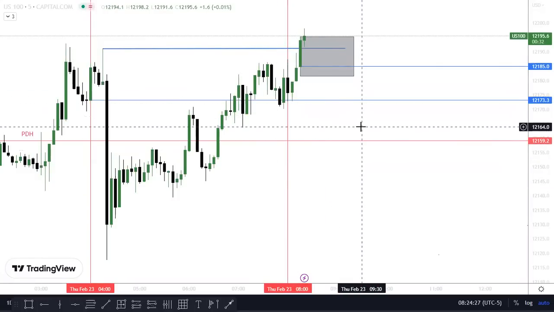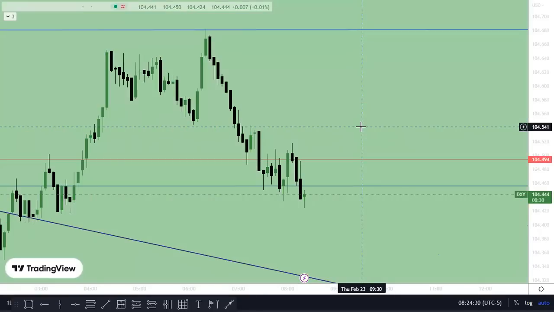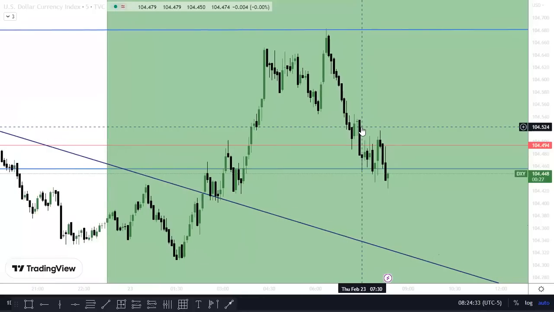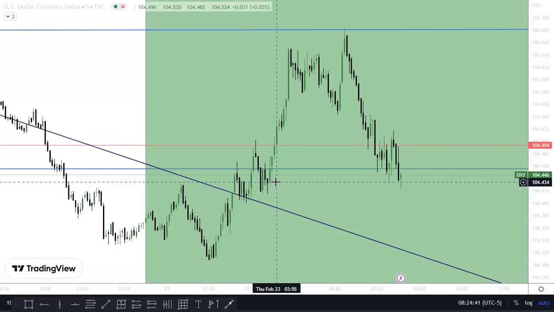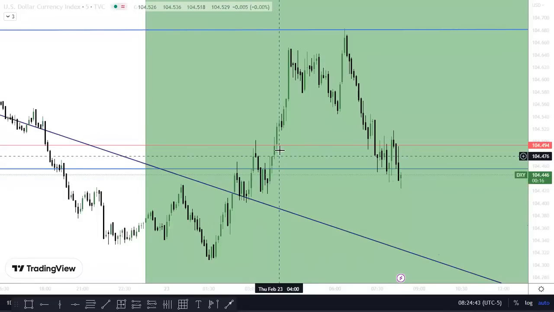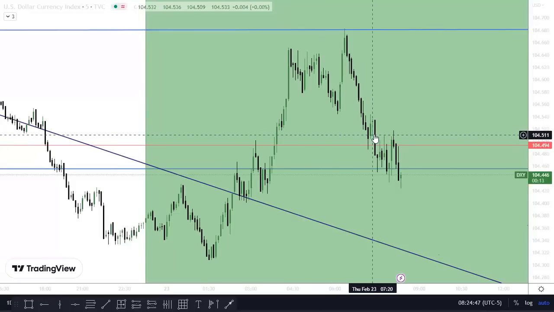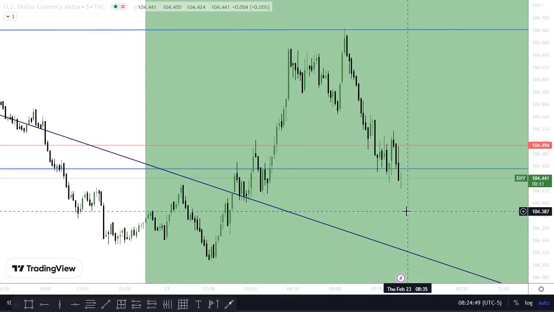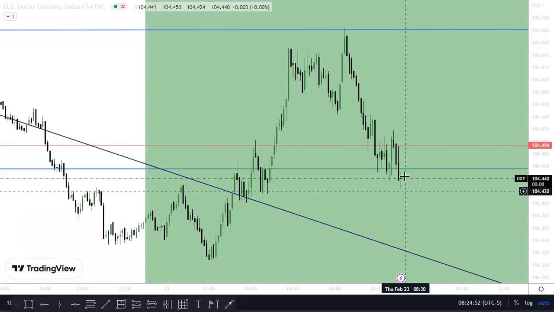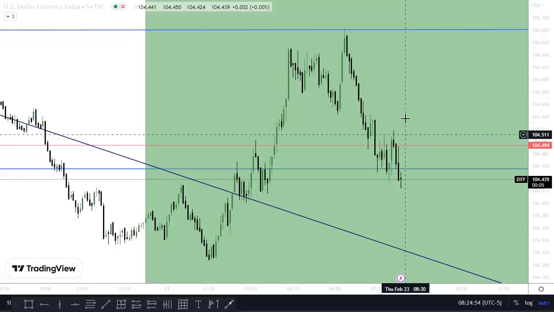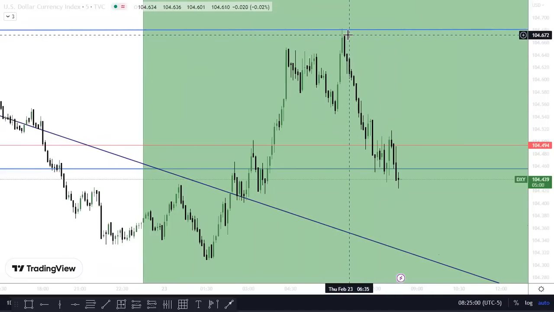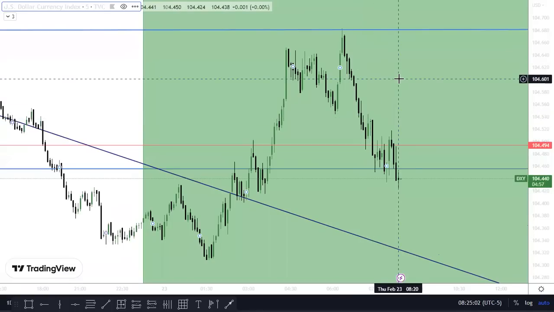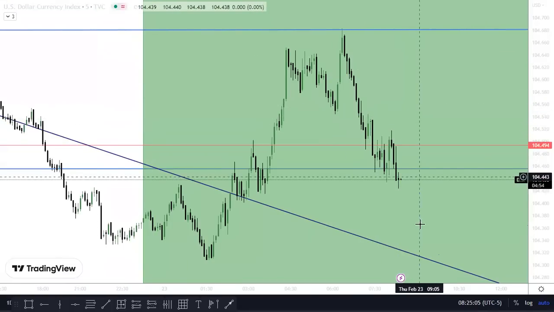Why? Let's take a look at DXY. Is DXY bearish? Let's see here. This is DXY at 4 AM. All that delivery. If we close above here on DXY, I'm bullish. So the moment DXY gets above 104.5, it got really close to 105, I'm bullish. For now, there is no confirmation that this is bearish.